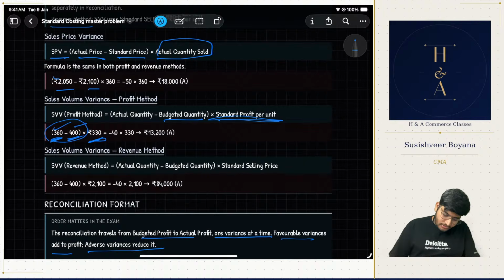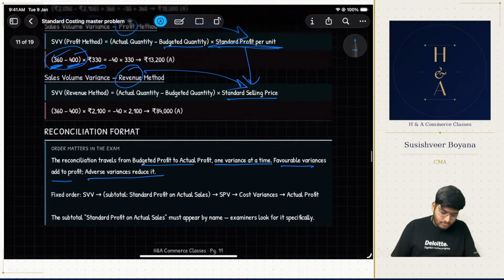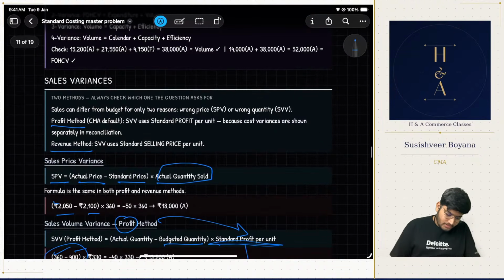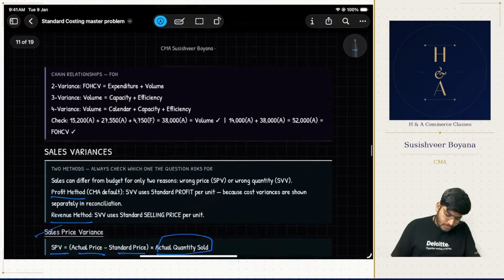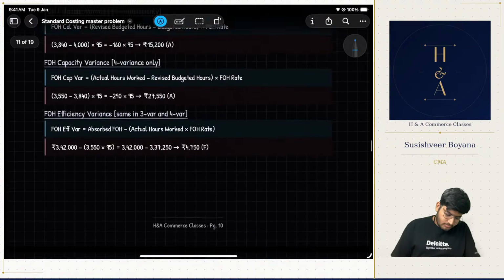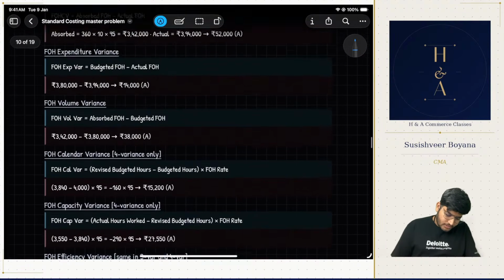Sales volume basis and revenue method. If you want, you can go through it. They use standard selling price instead of profit. Simple. Profit, you go for profit. Revenue, you go for sales. That's the only difference. This is the sales volume variance. Sales variances. So now let us